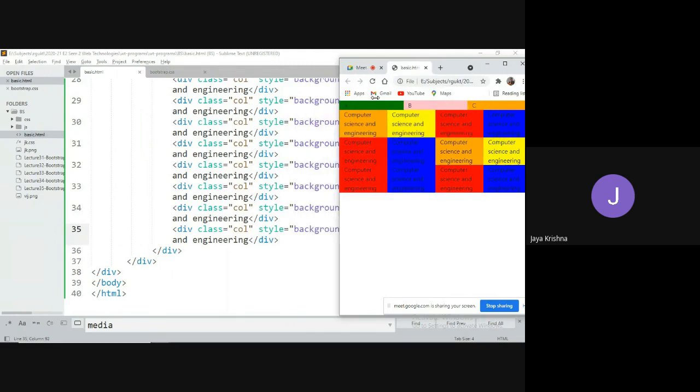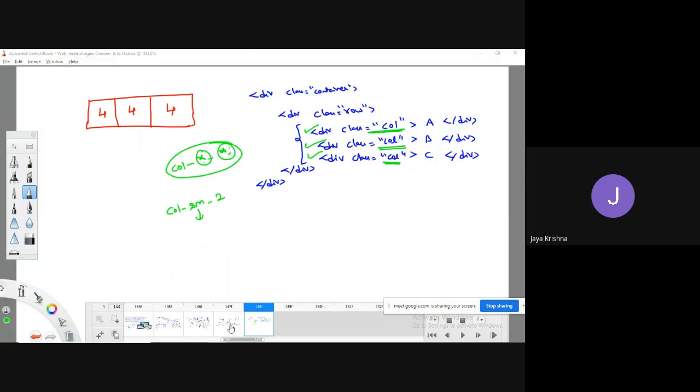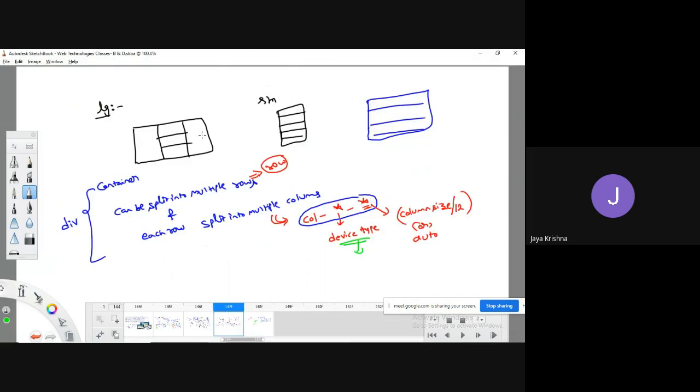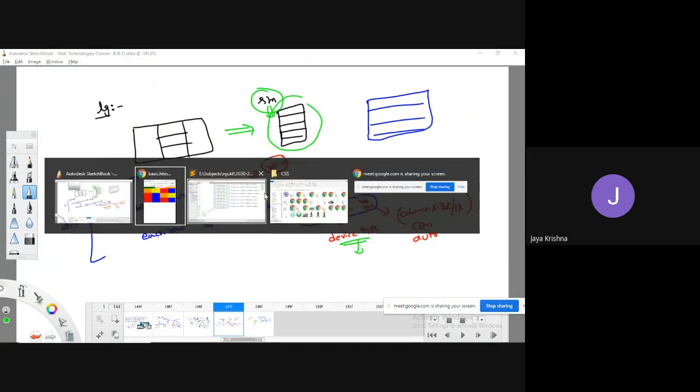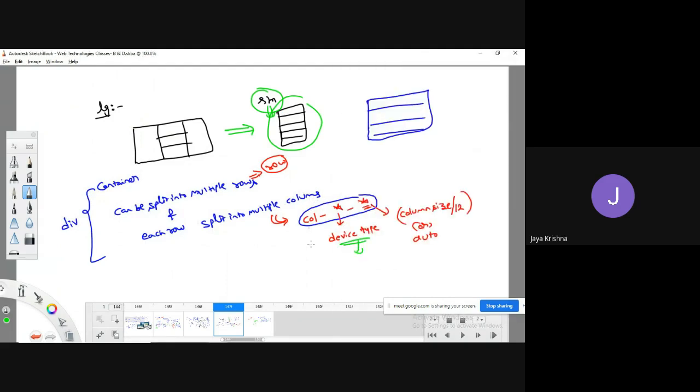Yes. But if you observe here, of course all are arranged in the same fashion, but I would like to define my own set of rules. As I explained already, if I am having this kind of structure, whenever it is going to go for a small screen size, I would like to get this structure. I don't want to go for the corresponding parser structure. Then I have to go for various kinds of things.